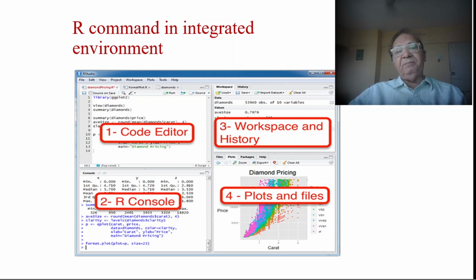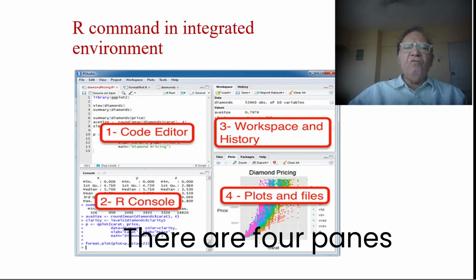When you start it, there will be 4 windows. Window number 1 will be the code editor, where you are going to write the codes. Do not worry about codes. Very easy commands. Just as you speak, you will get the coding. With all my 15 to 20 videos, I will give you the coding in the description. You have to just copy it and run it. That's all. And slowly, when you practice it, you will learn the codes